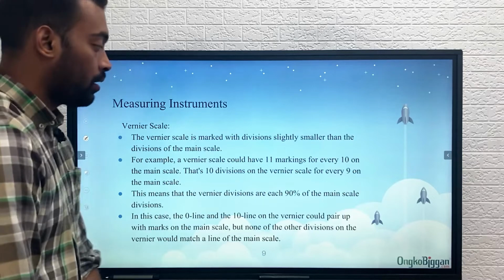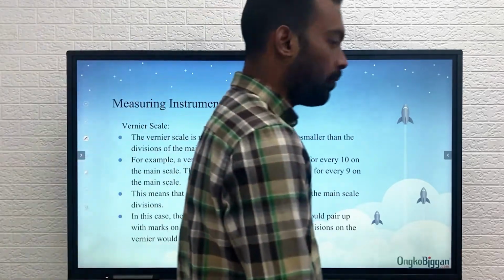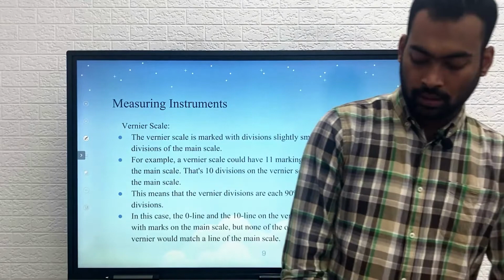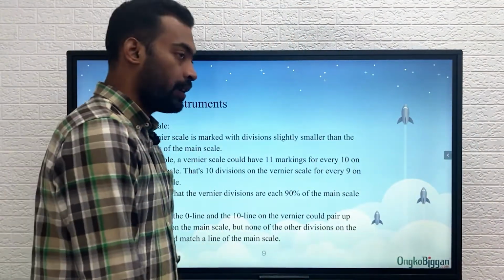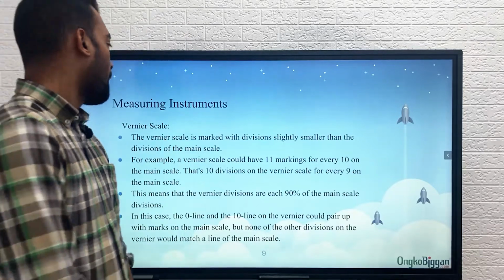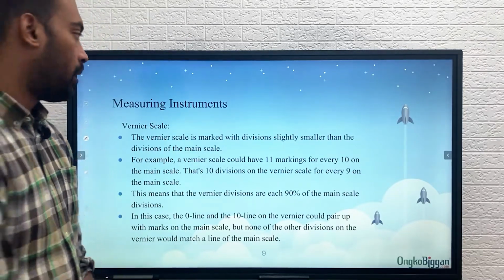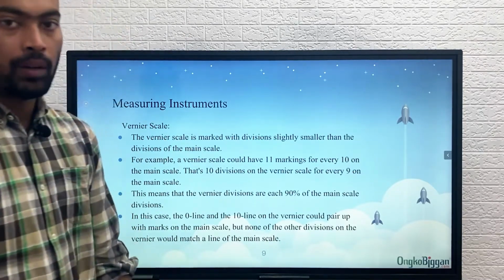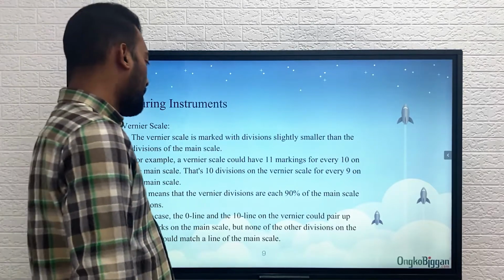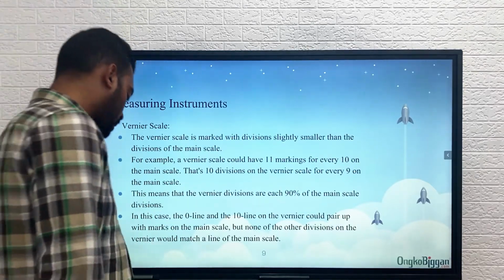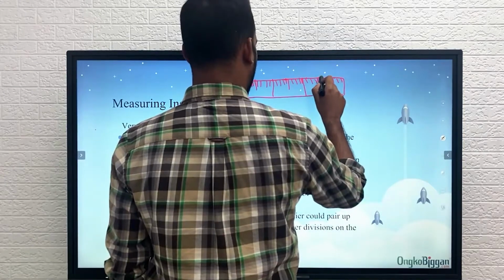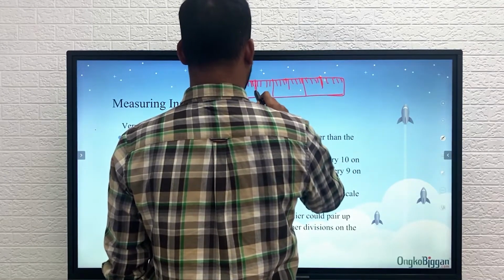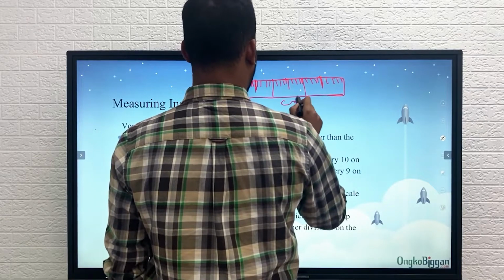Okay, so now we are going to talk about the various kinds of instruments that are used for measuring purposes in physics. The first one we're going to talk about is the Vernier scale. Now we know how the normal scale looks. The normal scale that we use is in centimeter,